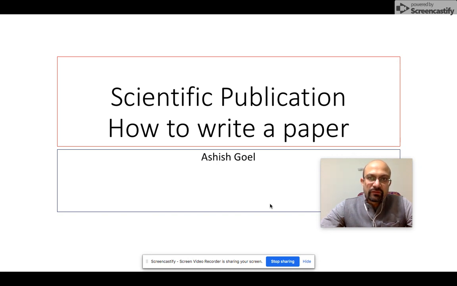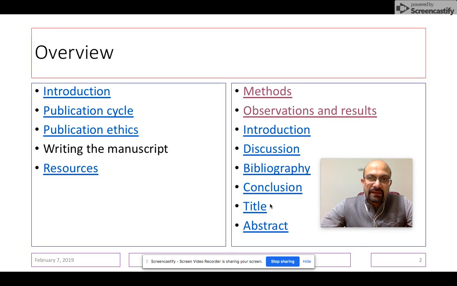We have talked so far about the general introduction on how to write a paper. Then in the second video, we approached the portion of writing the method section of a manuscript. And in the third video, we discussed how to write the observations and results section of the paper. So as I said, when you have completed a study, it's easiest to write the method section because you're already aware and familiar with what you have done in the study. And since you've already got the results, it is also very easy to write the results portion of the paper